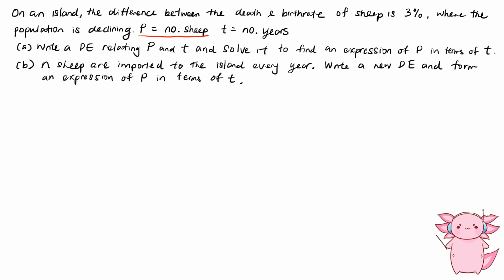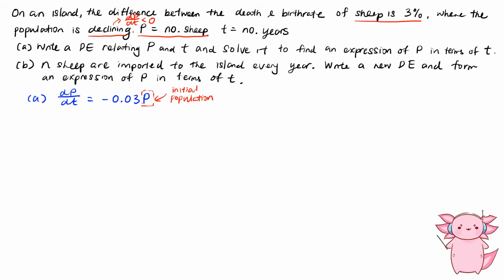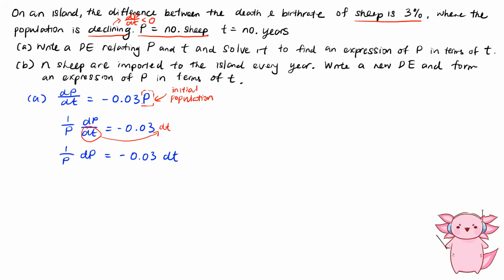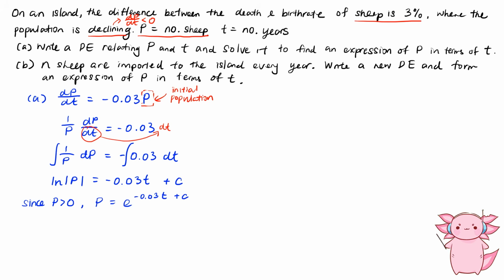Since P is the population of sheep and is declining by 3% every year, the rate of change of the population over time is negative, so dP/dt equals -0.03P. Again, we can use the separation of variables method, and then we can integrate both sides to get something like this. Since P is greater than 0, let's try to get rid of the ln using our logarithm laws, and we can get P equals e to the power of